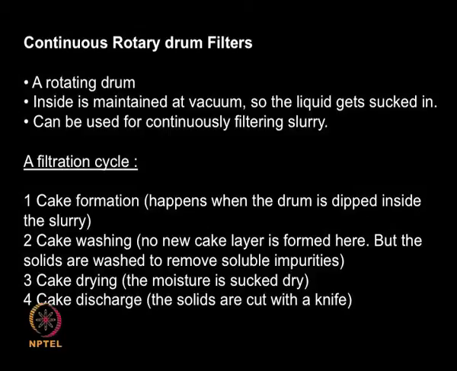The third step is cake drying. This is the time when the moisture that is still attached to the wet bed gets sucked in. It does not get fully dried, but some amount of moisture removal takes place, and finally the solids are cut with a knife. So this is where the cake gets discharged, and the wet solids are collected for further processing,